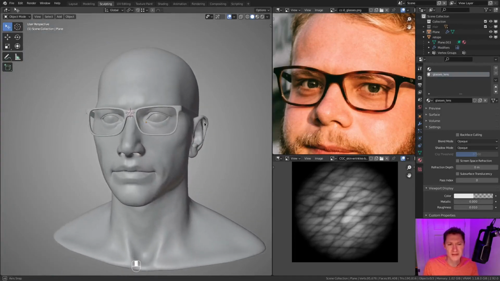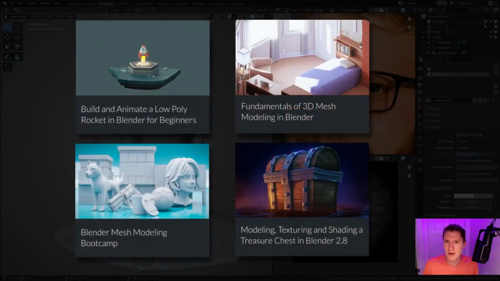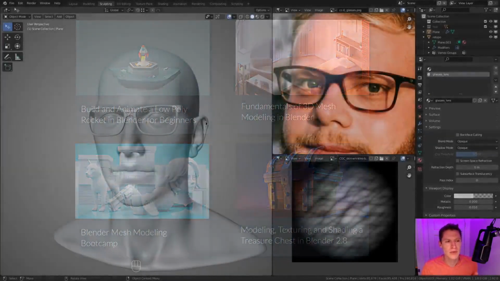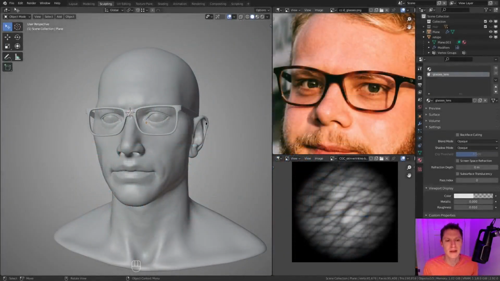And hopefully this hasn't been too jarring of a workflow shift. For me personally, I enjoy this kind of side quest, so to speak, using a different set of skills. But I totally understand if you're not used to hard surface modeling, it could be more annoying than enjoyable. But again, reference the beginner modeling courses, and that will get you up to speed perfectly. So the next thing I want to build is the clothing.